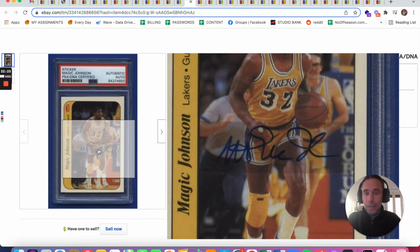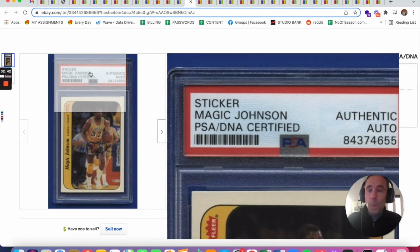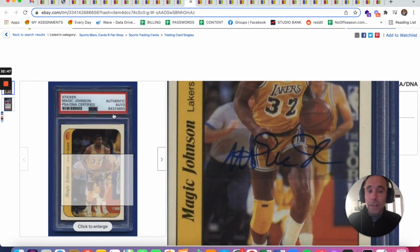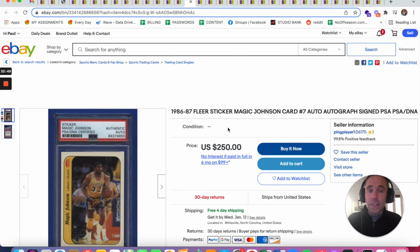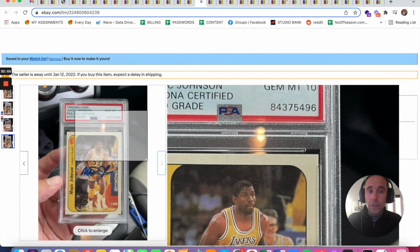Basically what someone did here is they took a sticker signed by Magic and they put it on this card, which also happens to be a sticker. They submitted that to PSA. PSA then slabbed it, but wisely put sticker on it, letting you know that it's the sticker that's signed and not the card. So this is inherently far less valuable than the on-card autos. And so that's why